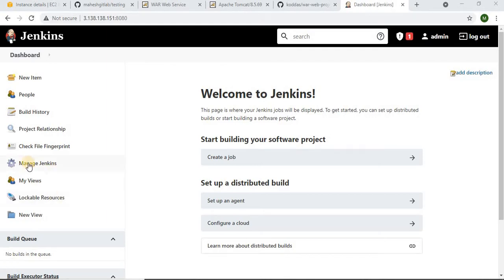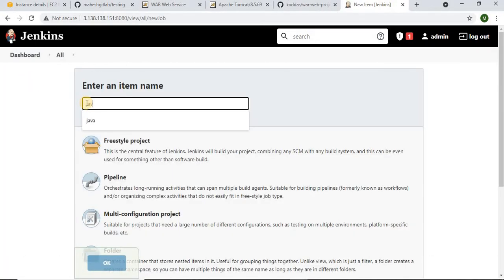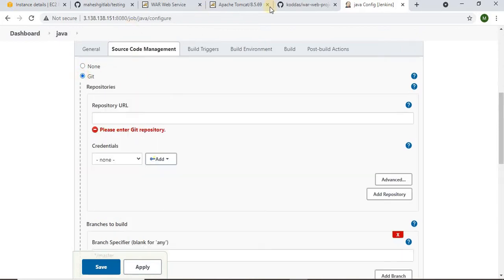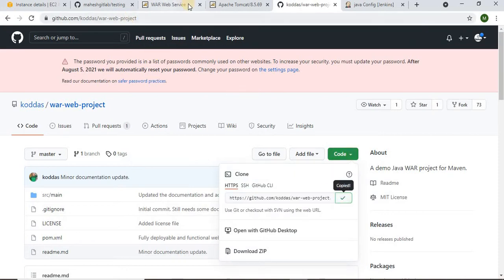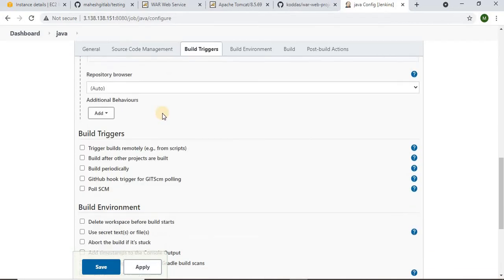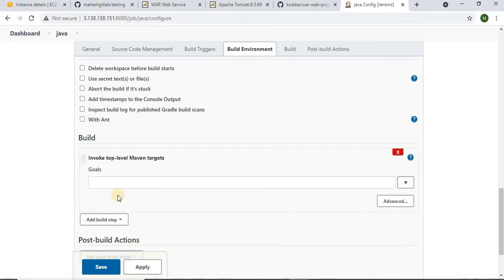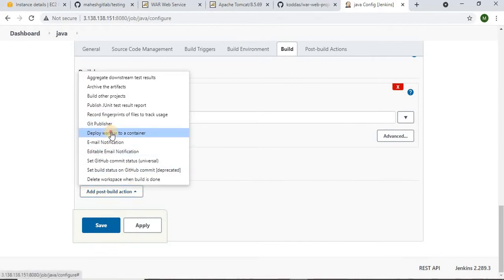So for that, let me quickly create the job that we did yesterday. I'm just creating a project called Java freestyle project. Okay, so source code management, Git. I'm taking this code. We have seen everything in the previous session, but just for a quick recap, I'm saving the repository. Okay, so I'm coming here under the build, invoke top level Maven targets, write package. Okay, in post build action, deploy war or ear to